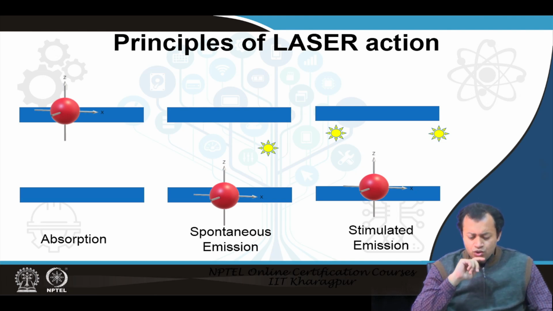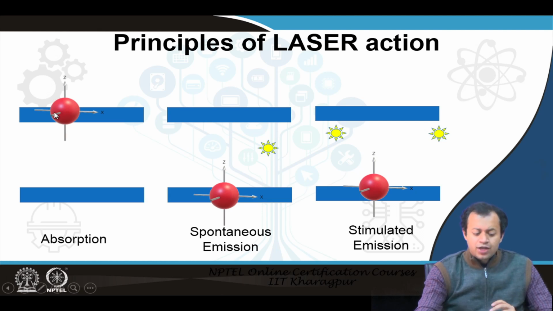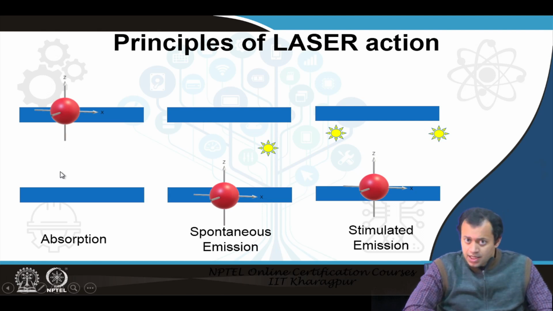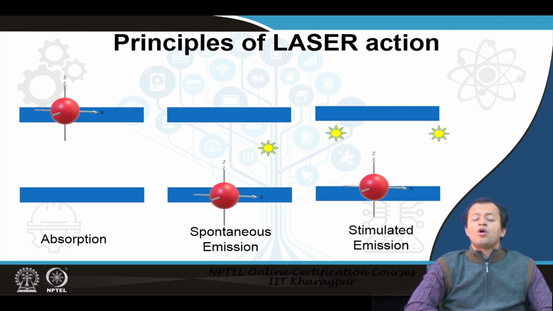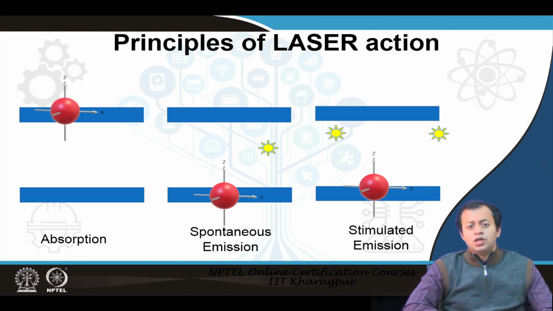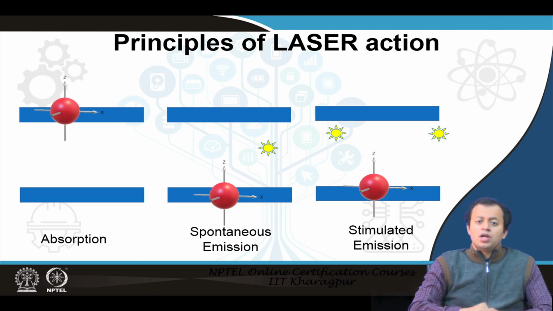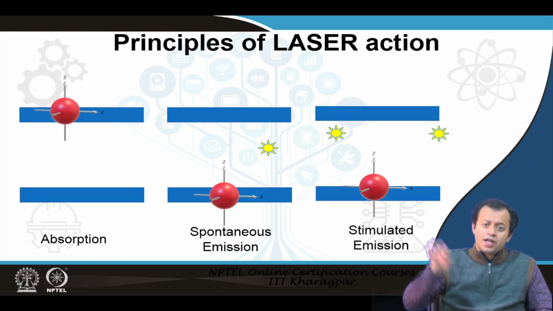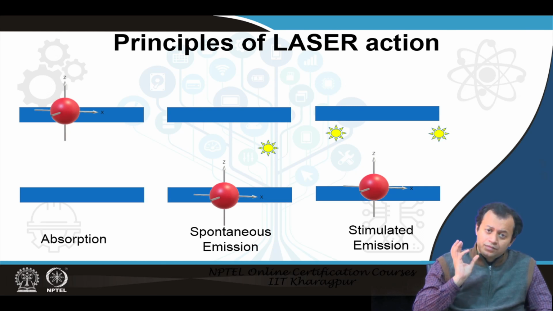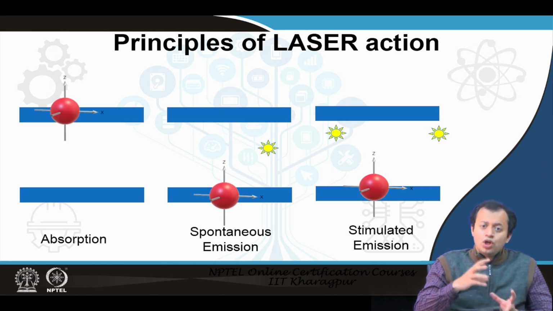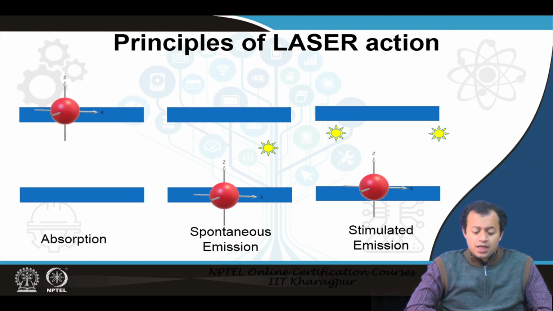Here 2 things need to be absolutely clear. First and foremost, as I said, we are assuming it's electronic states or electrons going up and down. Not necessarily. For laser action to happen, you can have it with simply molecules going from a lower vibrational state to an upper vibrational state. Remember your spectroscopy course, lower vibrational level to higher vibrational level. The carbon dioxide laser is a prime example which does not use electron movement up and down to generate photons. It uses vibration levels of CO2 molecules to generate laser.